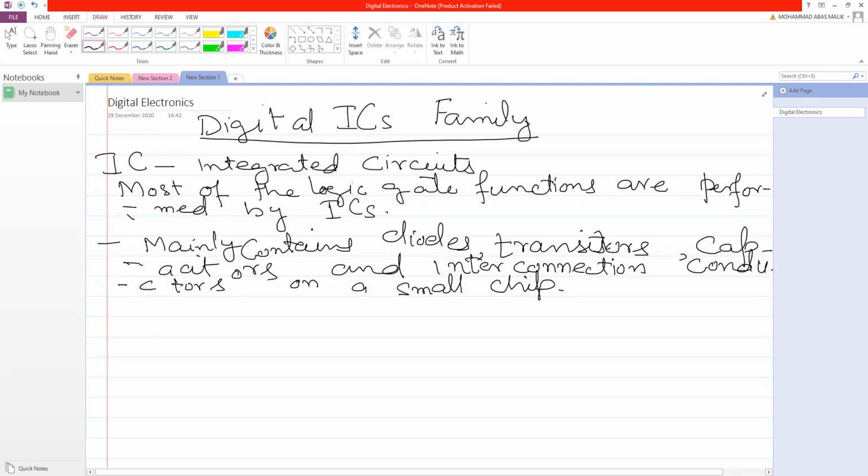Done. Now, ICs have made digital systems more reliable by reducing the number of external interconnections from one device to